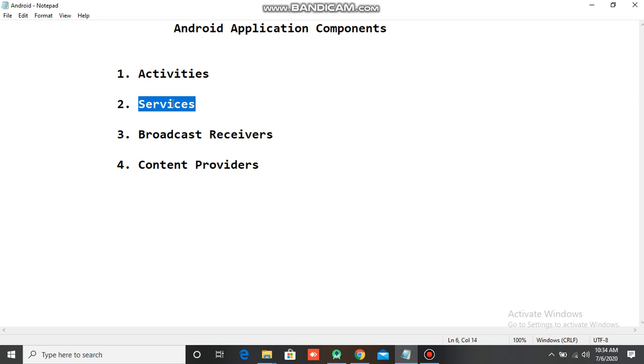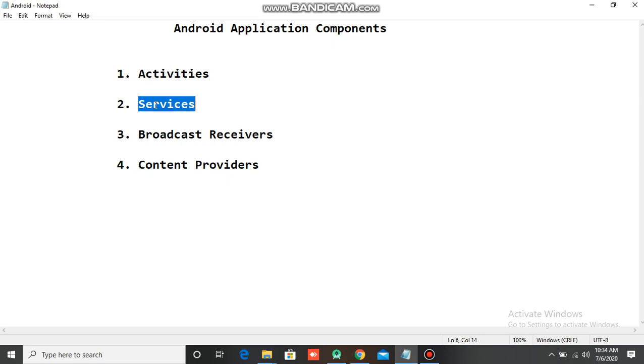Services का कोई UI नहीं होता. वो सर्विसेज एक्टिविटीज के अंदर जो यूआई है उसको सपोर्ट करने के लिए यूज होता है. सर्विसेज मीन्स बैकग्राउंड सर्विसेज लाइक प्लेइंग म्यूजिक. ओके, so it's one kind of service. Then downloading files. Downloading files, all these things happen in the background. For that, a service is required.